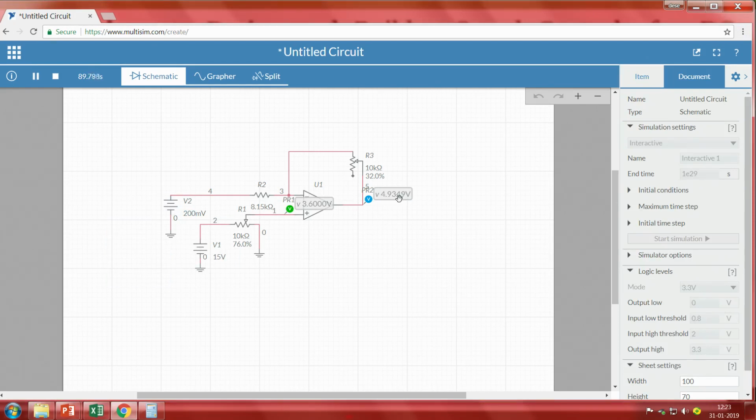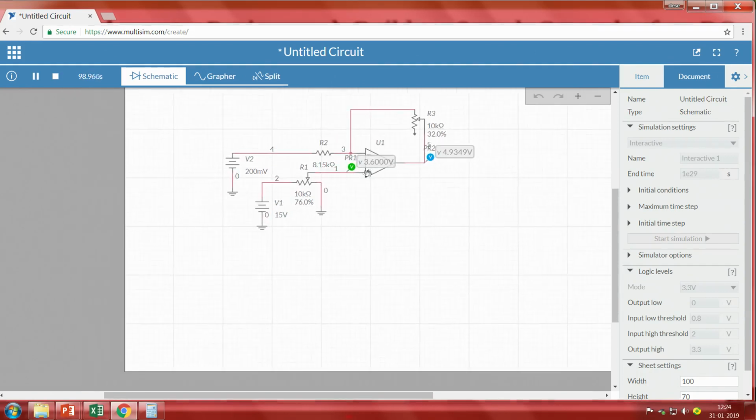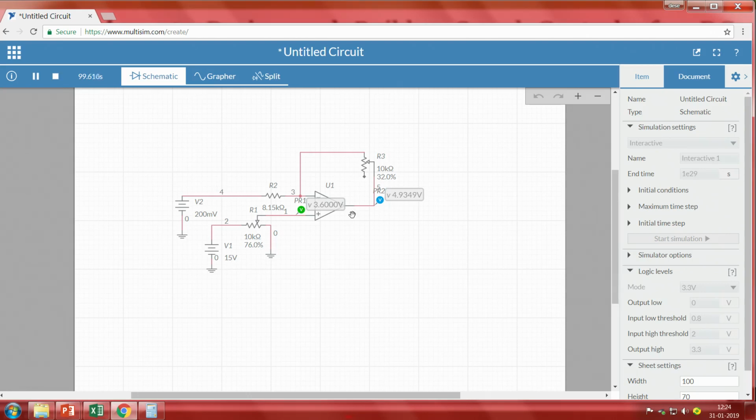But there will always be a difference between theoretical and ideal values, right. Because of that reason, for the feedback resistance as well as this resistance, instead of giving a fixed resistance, we have taken a variable resistor, so that we can properly tune the output signal. But no matter what, if we follow this idea, we can easily convert our linear negative slope signal into a positive slope signal with a single operational amplifier, right.